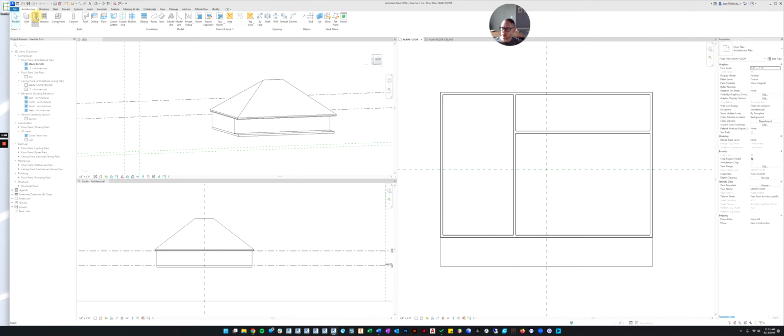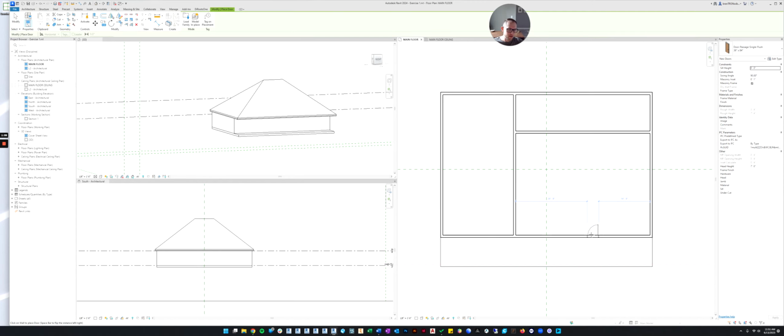Now let's do the door command. If I hover over a wall, you can see it's going to place a door. Before I click anything, let's look at the door properties. You can see this is a 36 wide door by 84 inches tall. And if you click in here, you can change what kind of door you're putting in.